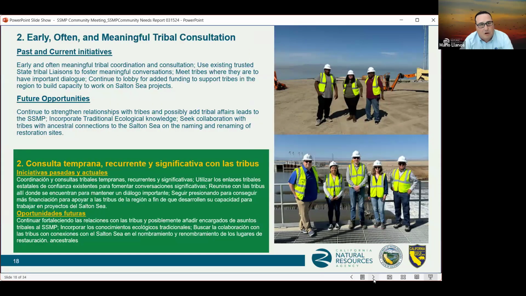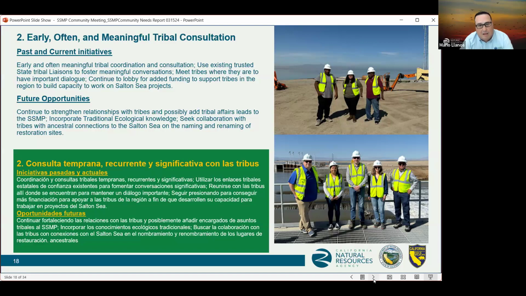So number 2 is early, often, and meaningful tribal consultation. This is rooted in state policy and foundational to the SSMP, with respect to our restoration projects. The SSMP is committed to protecting tribal cultural resources at the sea.